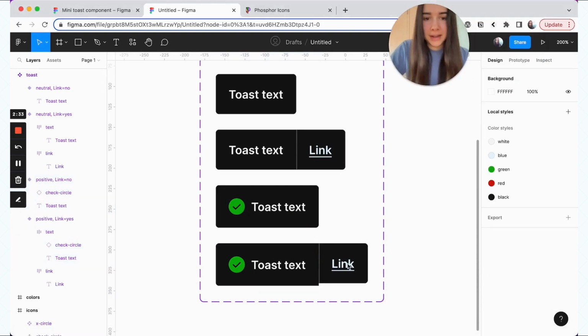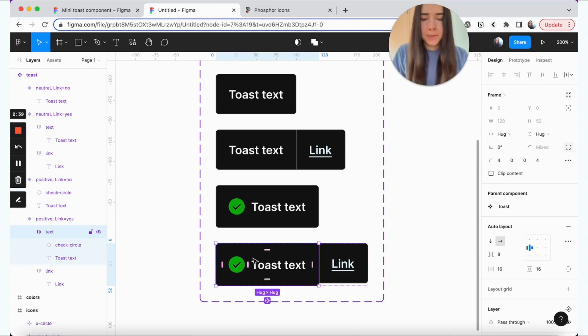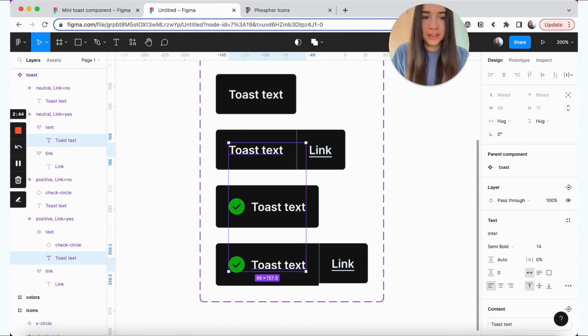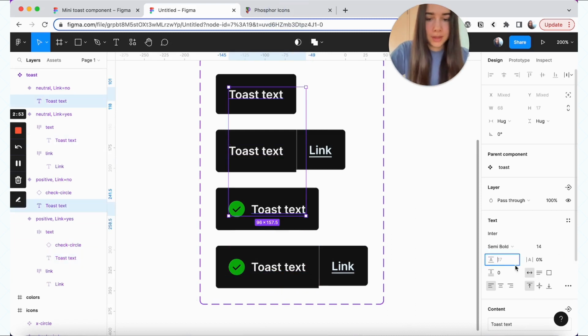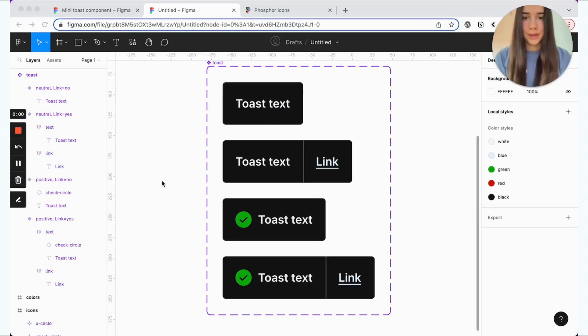Now you can see our heights are slightly different because the icon is obviously a little taller. So actually what I think I had in my test file, I did change the line heights for the text to be 140, and that should bring all toasts to the same height. Obviously, using the line height is just one way to make sure that the height is always the same, but there are also other ways that you could achieve that. For example, setting the height of the toast to fixed.